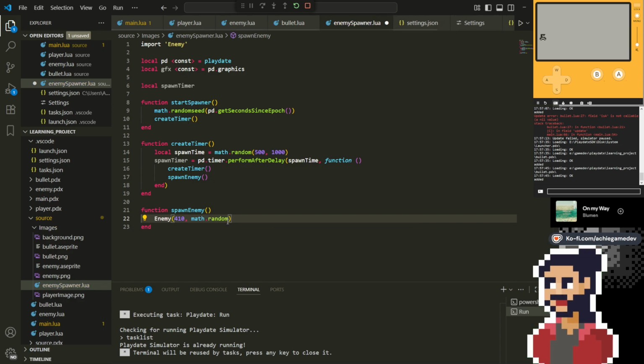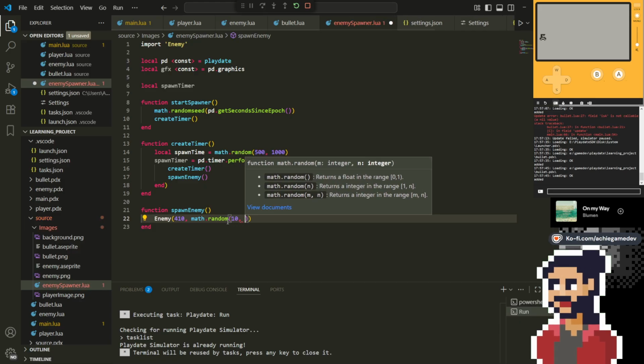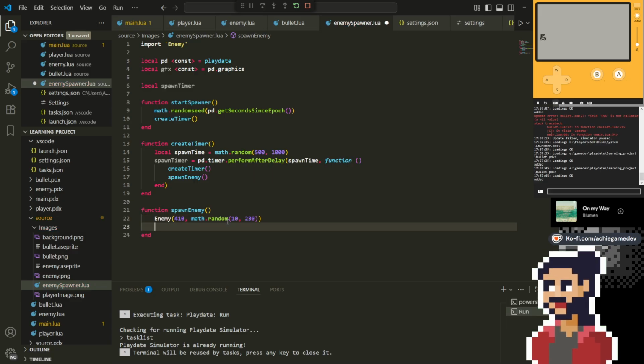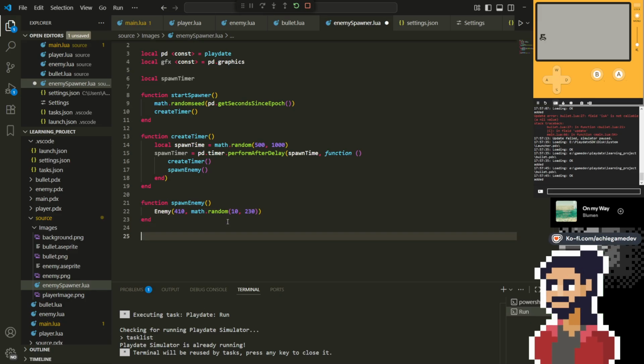Math random from 10 to, what is it, 240, so it is 230 if you give some leeway on the top and the bottom. Yeah, we don't need to do anything here, nothing else. What we want to do is a stop function, stop spawner,